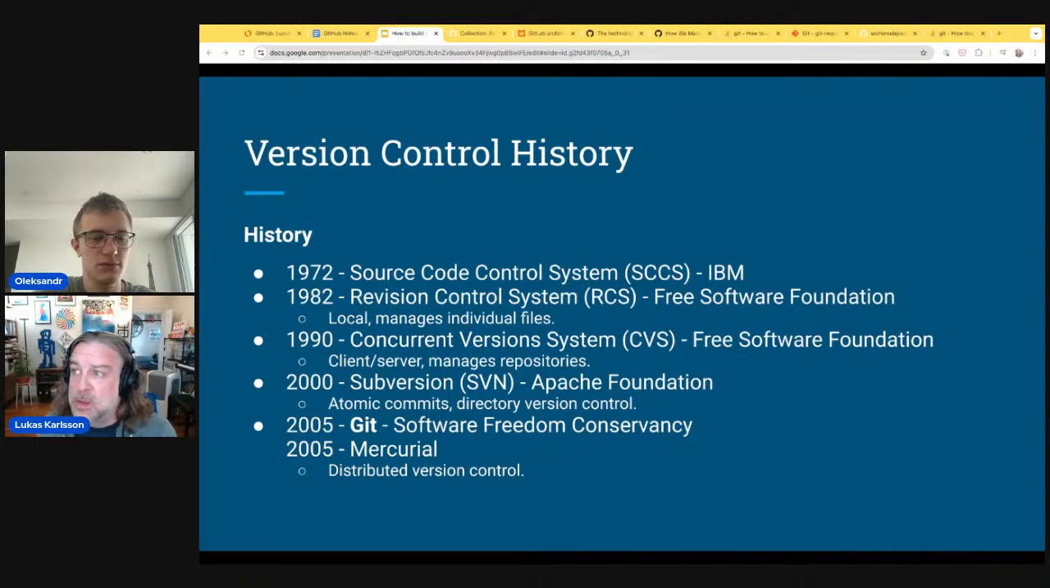RCS was local on your machine. It managed all of the changes on a file-by-file basis. So each file had a version history for that file, but the files were not part of a larger project